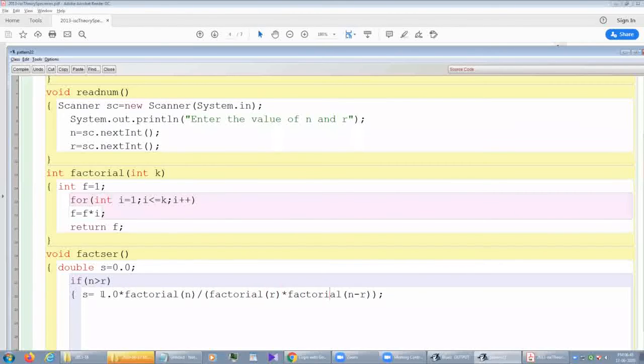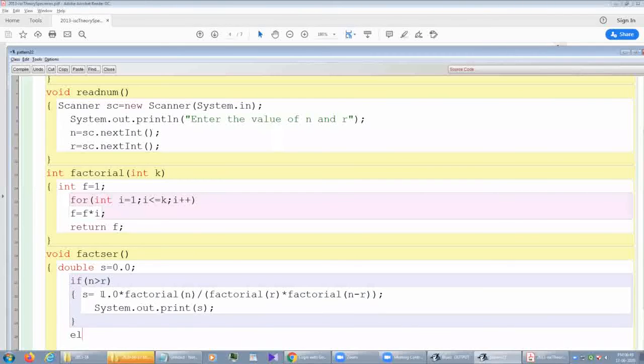After that we may print the value of s, System.out.print(s).